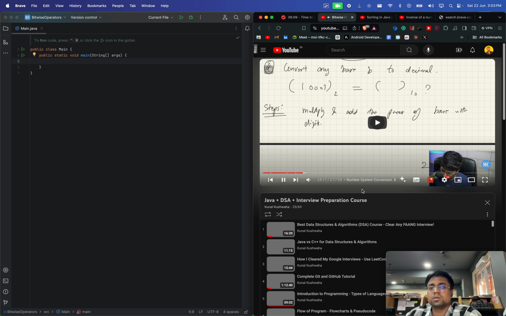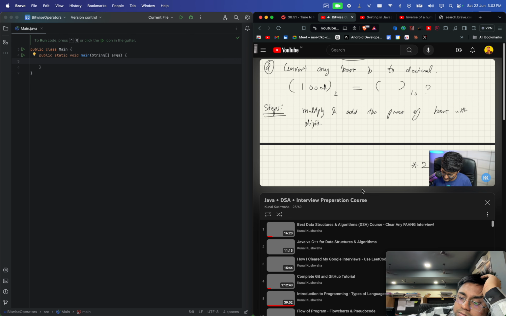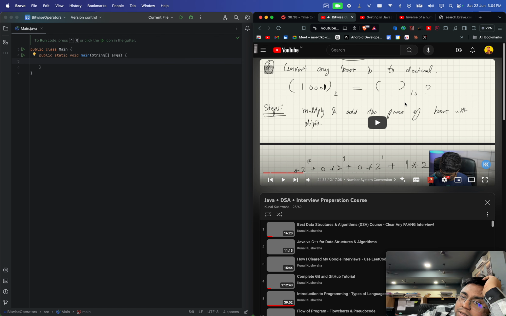So 2 raised to power 0 multiplied by the first number from the right-hand side, which is 1, plus 2 raised to power 1 into the second number 0, plus 2 raised to power 3 into the third number 0, plus 2 raised to power 4 into the